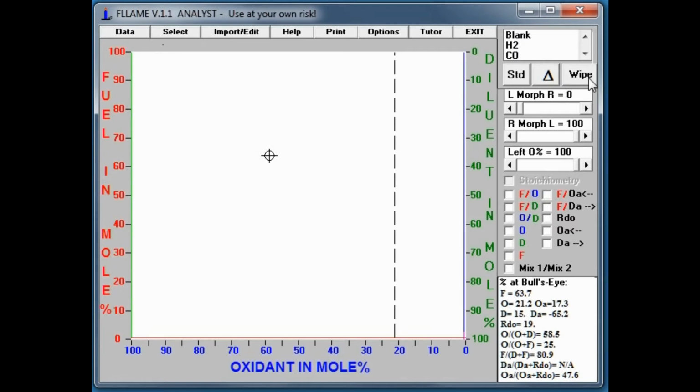Below that are morph slide controls and a slide control to truncate the left axis of the plot. Below that are option selectors to plot any of a range of metrics that might be needed. Below that is a region for the program to report the current values for the location of the pointer and